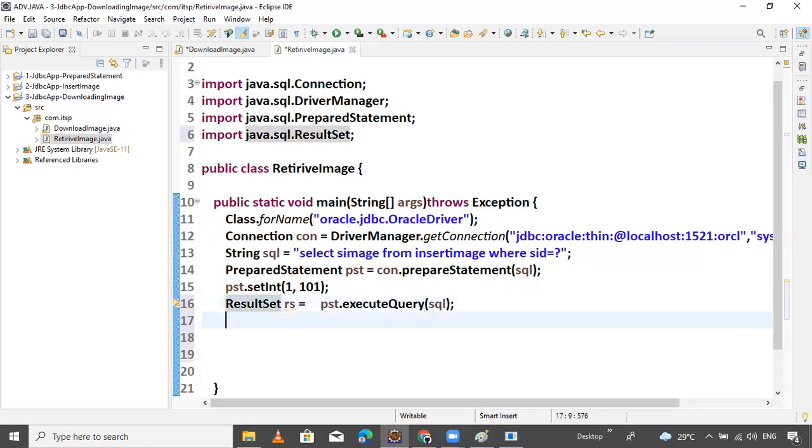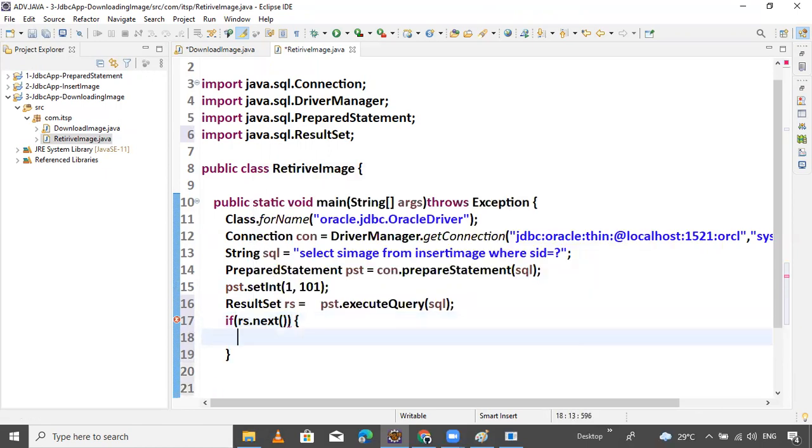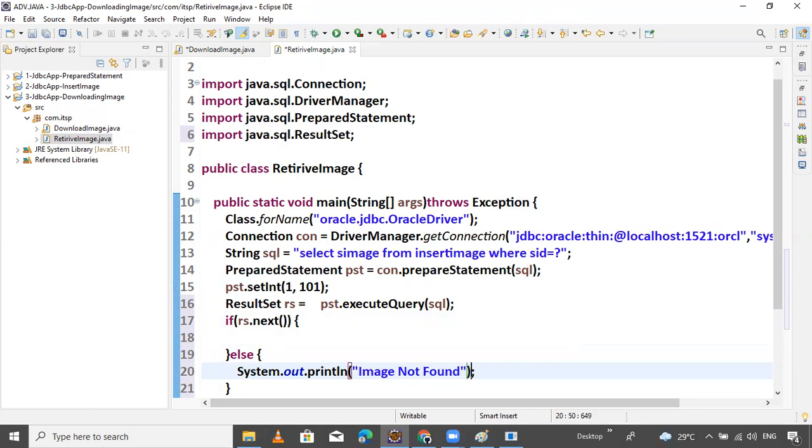Now I want to read the data until it is not false. So simply check if rs dot next method is true. Else, here we write a statement like image not found.